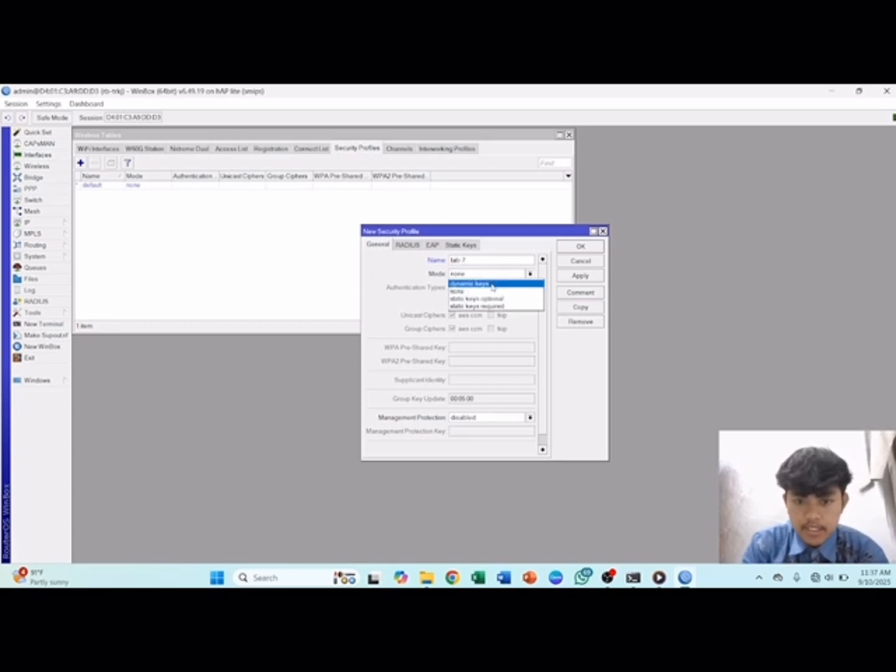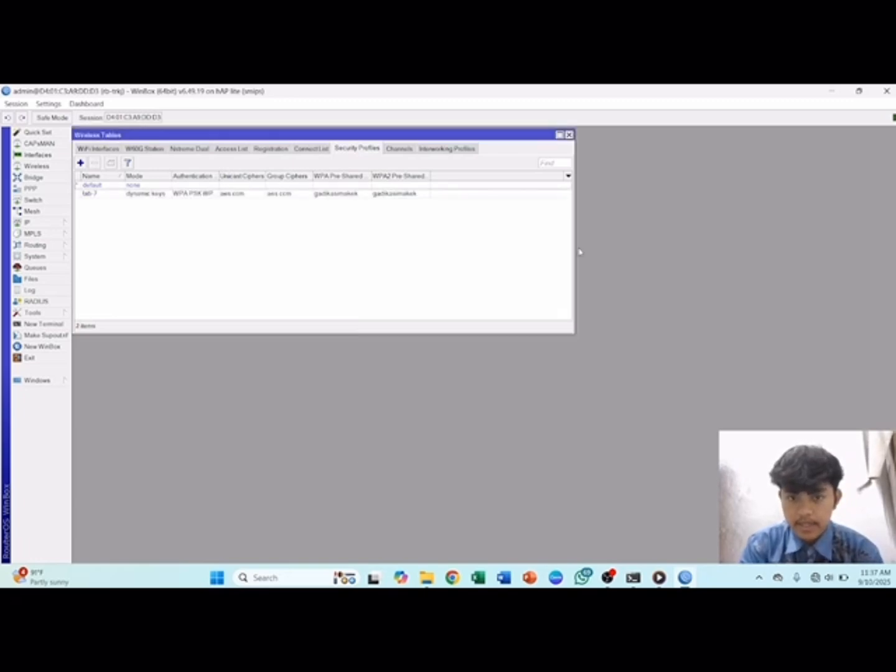The mode is dynamic keys, with WPA PSK and WPA2 PSK. You can input your Wi-Fi password, and I will input my Wi-Fi password, and then apply and OK.